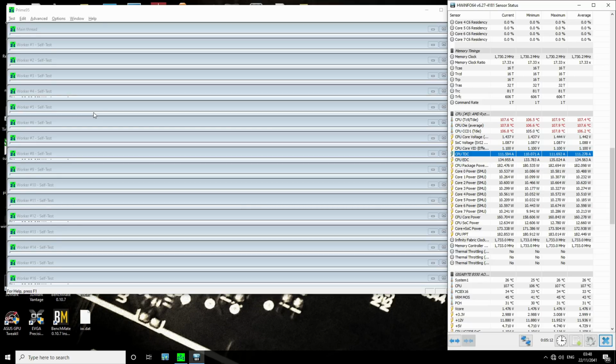Then my 3600, I can't remember, I didn't bother to note down the current draw, but my suspicion is Ryzen is electromigration sensitive. It's not particularly voltage sensitive. Now, unfortunately, voltage sensitivity goes up as operating temperatures go up, and electromigration rate goes up with operating temperature as well. So the fact that I'm running this at 107 degrees makes this testing completely useless for predicting lifespan at 95 degrees